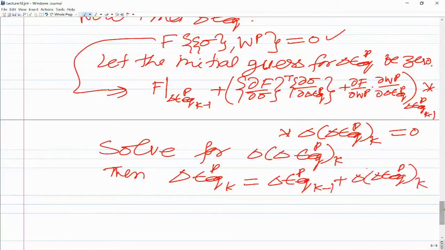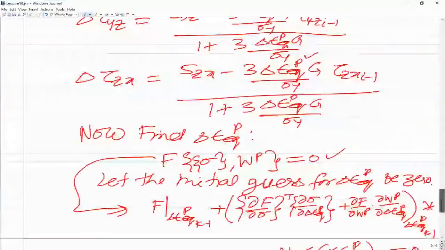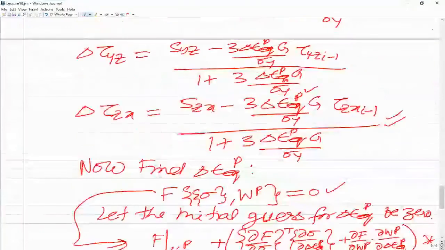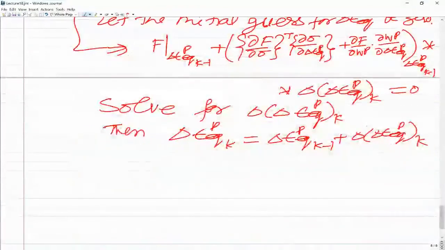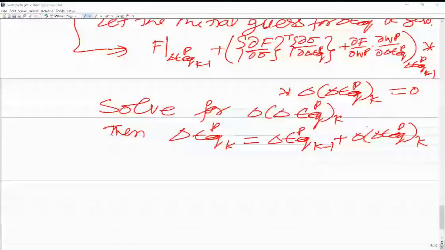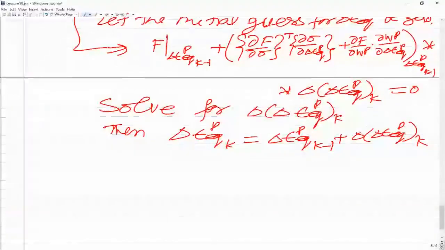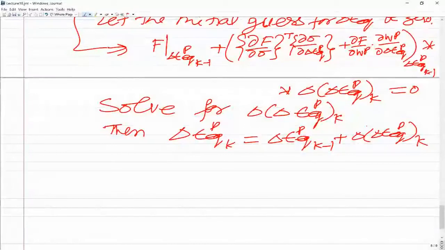So from here you will be able to find the delta epsilon equivalent P, and once you get it, you go back to these expressions and calculate the stress increments, and once you have the stress increments you can calculate the total stresses. So I'm taking a little bit more time. Then finally, if you look at the overall solution,